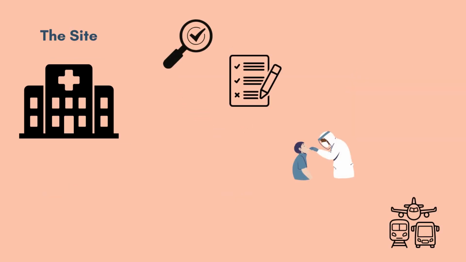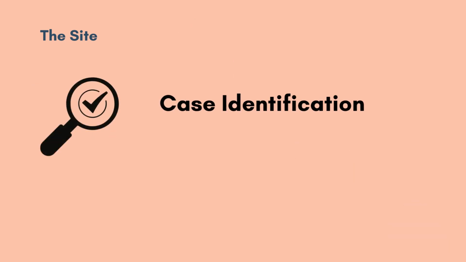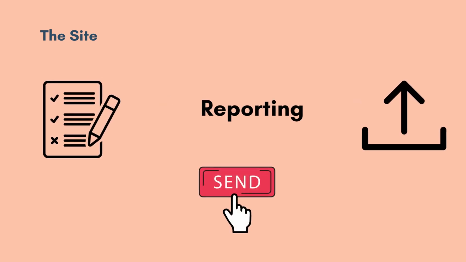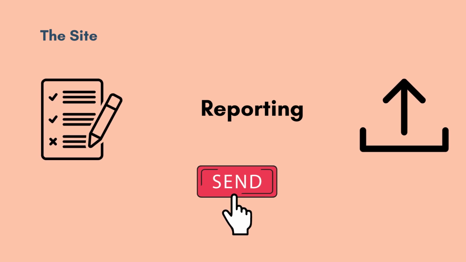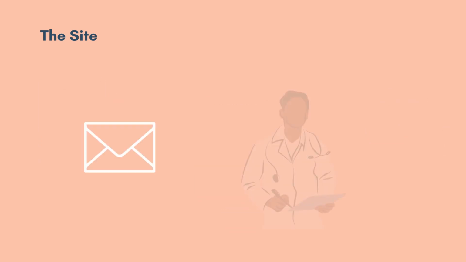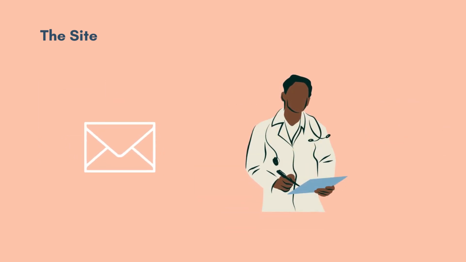The Sentinel site's primary role is to identify and sample cases. Its responsibilities include identifying cases that meet the case definitions, including confirming that cases that have been identified by clinicians actually meet the case definition, reporting epidemiological data using the chosen information system, conveying the reports of laboratory testing to